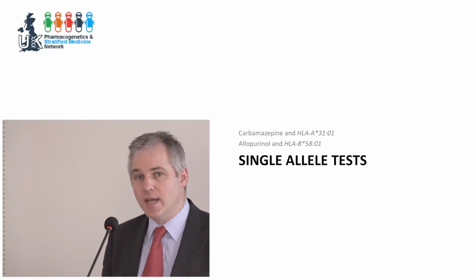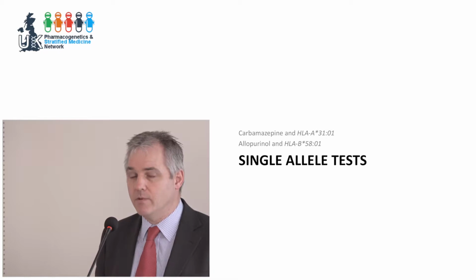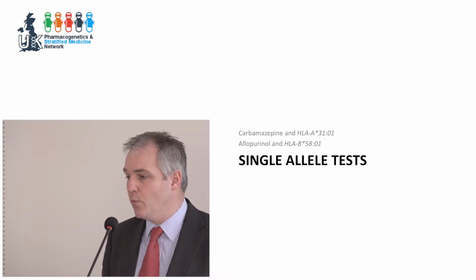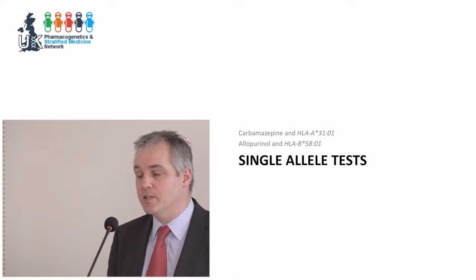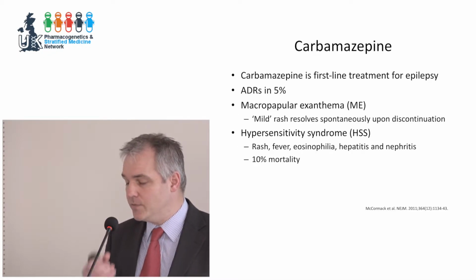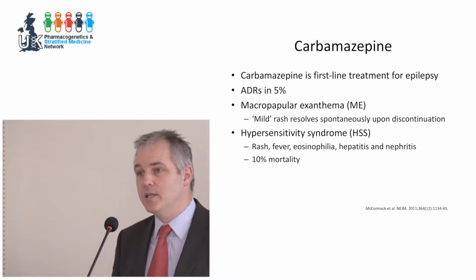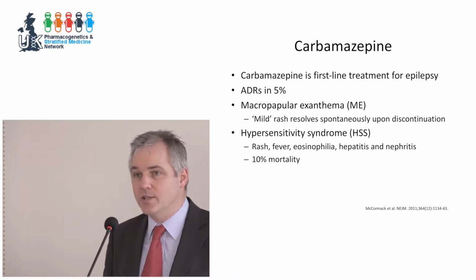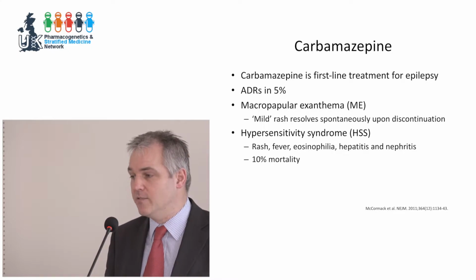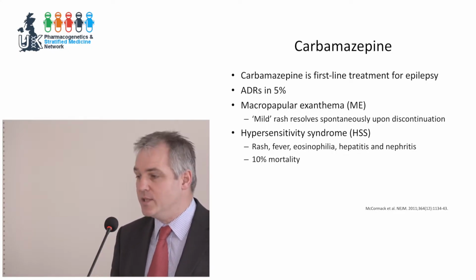I'll run through two case studies of single gene tests that we have completed and published. One in relation to carbamazepine with HLA-A*3101, and one in relation to allopurinol with HLA-B*5801. So first of all, a little bit of background. Carbamazepine is a first-line treatment for epilepsy. Adverse drug reactions occur in about 5% of patients, and they range from maculopapular exanthema, which is a